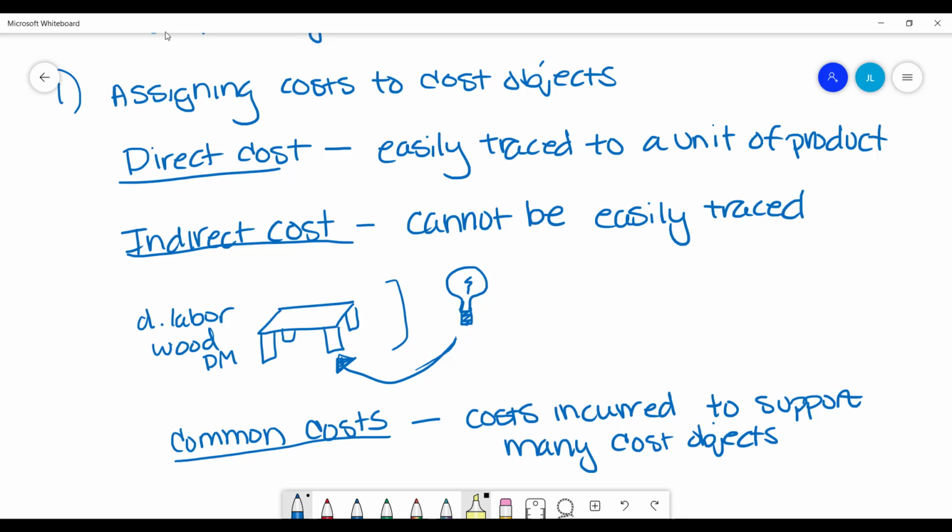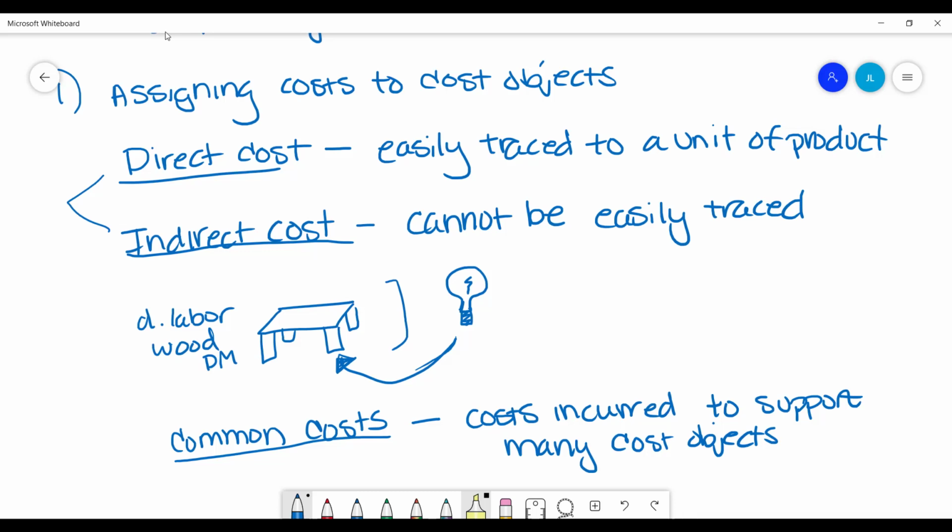And obviously, because they're being incurred to support so many different cost objects, they can't be traced to any one unit of product or any one cost object for that reason. A common cost, for example, would be, let's say, the CEO's salary. Okay, so that is our first cost classification purpose, right? Assigning cost to cost objects, where we've broken down cost between direct and indirect. And the thing that differentiates a direct and indirect cost is how traceable that cost is to a unit of